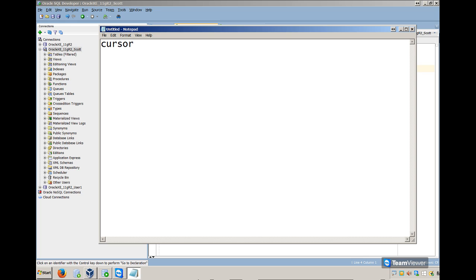A cursor is to handle rows in the database, in the table, and we can process them one by one. A cursor will be used to process data row by row programmatically. Obviously, we are going to write PL SQL. So first of all, what is involved to have a cursor? There are two types of cursors. I just want to say implicit cursors,